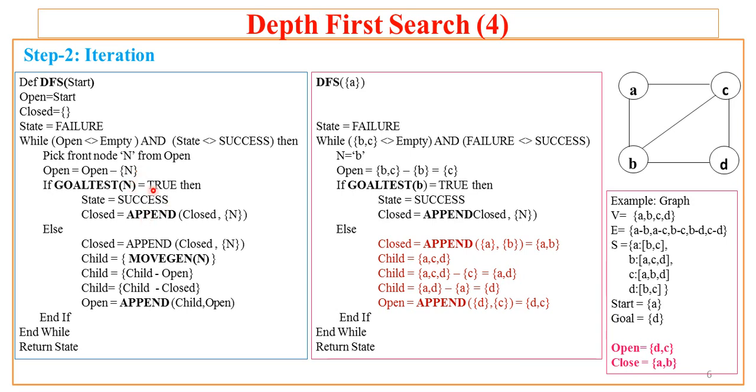Now whatever you have picked, that is N or B, we'll try to call the goal test function with that. Now what is goal test B? The goal test function will check whether B is the goal or not. But in our case, D is the goal, B is not. So obviously goal test will return false, and because of this it will not get into the if part, rather it gets into the else part. Now again the same thing is repeated. What are the 5 steps to be followed in else?